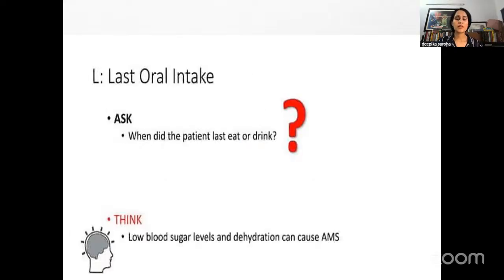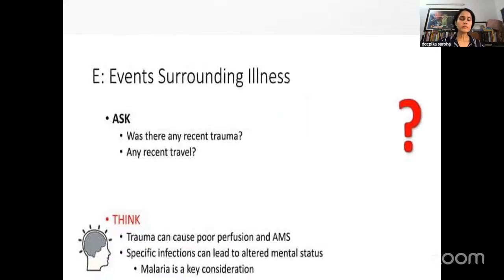Ask whether the patient was having decreased oral intake. Always ask these questions in your elderly patients who are neglected or those patients who are taking alcohol. These patients are at risk of low blood glucose level and dehydration, which can eventually present to your emergency with AMS. Ask whether there is a history of recent trauma, either identified or unidentified, or a recent travel to any place